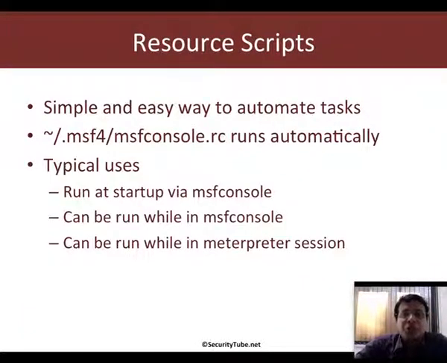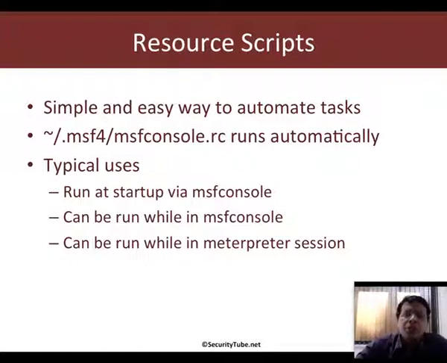Okay, so we've run a lot of interesting commands in the last couple of videos. And if you notice, there was a lot of repetitive things which we were doing, right? For example, selecting the right exploit module, going ahead and selecting the payload, setting the hosts. What if we could automate all of this in a very simple way?